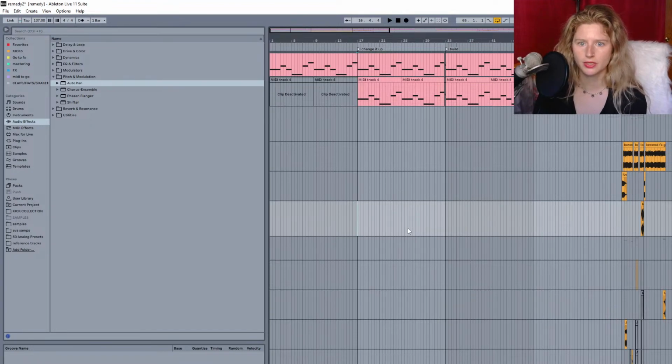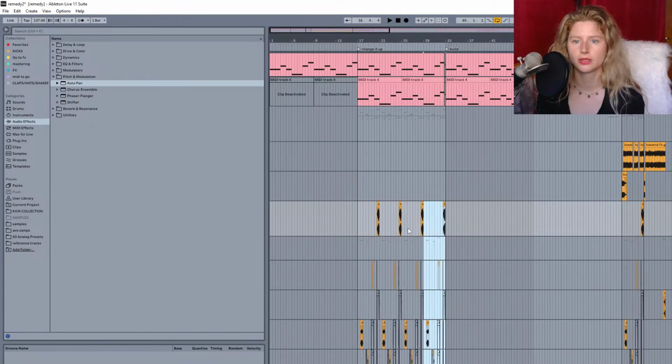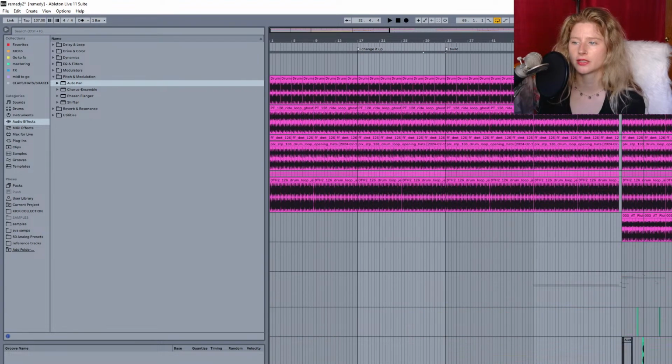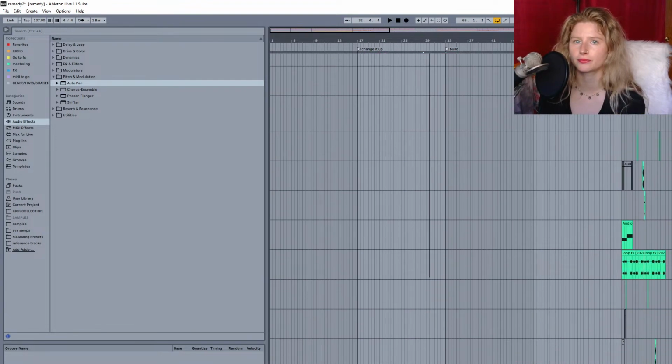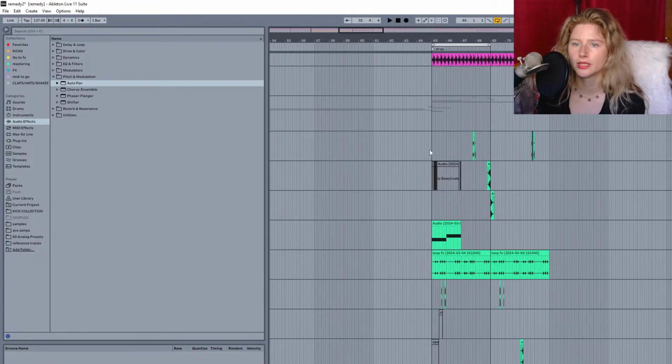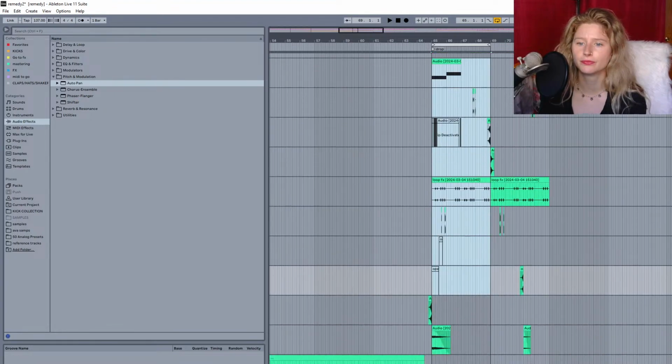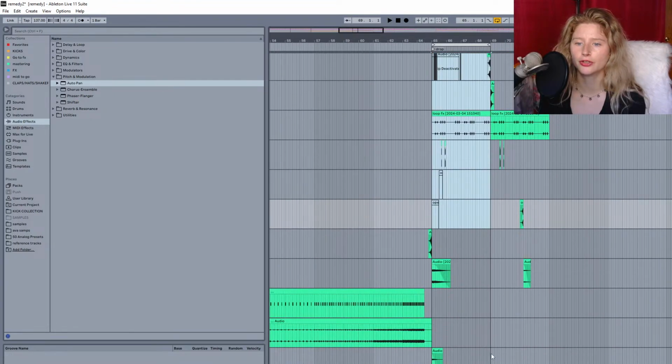So I'm pulling this into when the bass comes in, and then I'm gonna pull in our percussion effects to where the intro is, so we can have a little flair, just a wee bit of flair.